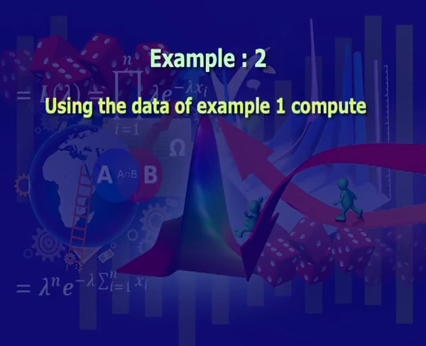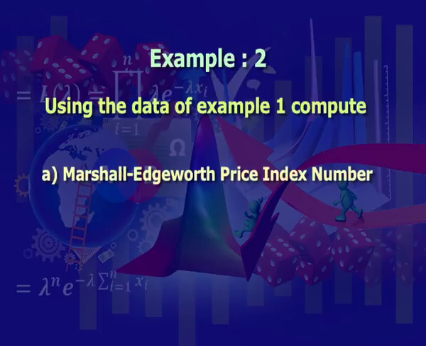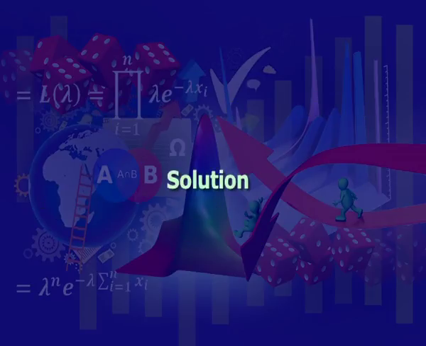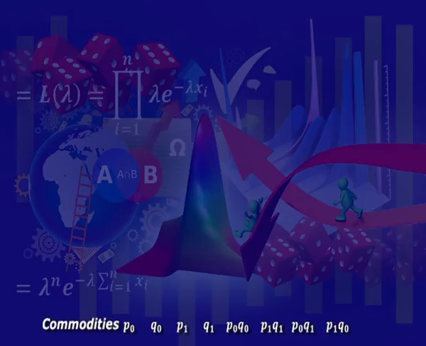Using the data of example 1, we compute A, Marshall-Edgeworth price index number, B, Dorbish-Bowley price index number, C, Fisher price index number. Let us see the solution for the problem. Let us repeat the data of example 1 in this slide